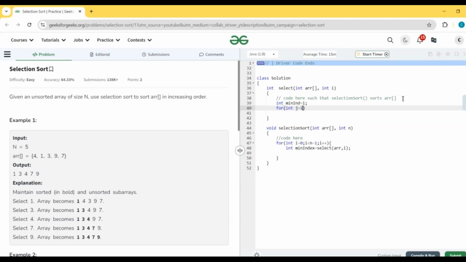I have to see if there is any value less than the value at our minimum index, which is I. So I'll start j equals I plus 1 and j less than the array length,